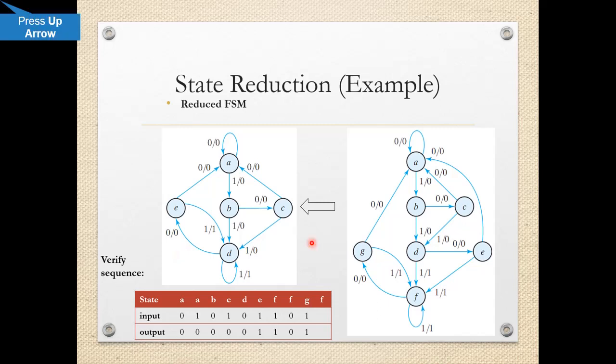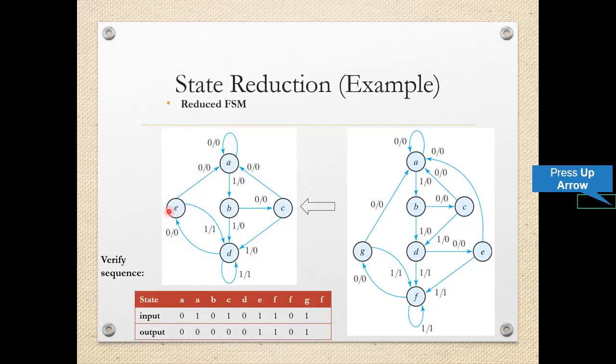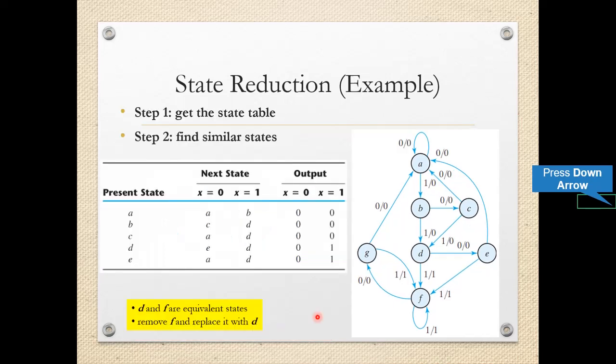So as per the table which we have finalized over here, we have to make the changes in the state diagram. So when in state D, if x is equal to 0, go to state E. If x is equal to 1, remain in the same state D with output 0 and 1. So similarly, we have to write it over here. And when in state E, what does the table suggest? When in E, next state is A if x is equal to 0 and D if x is equal to 1 with output 0, 1.